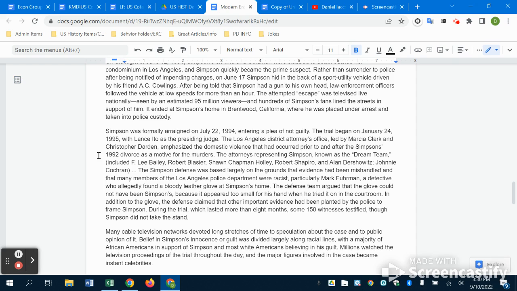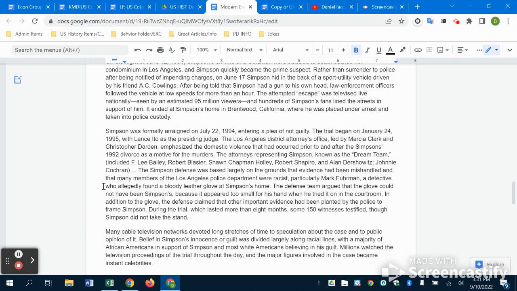The attorneys representing Simpson, known as the Dream Team, included F. Lee Bailey, Robert Blasier, Shawn Chapman Holley, Robert Shapiro, Alan Dershowitz, and Johnnie Cochran. The Simpson defense was based largely on the grounds that evidence had been mishandled and that many of the members of the Los Angeles Police Department were racist, particularly Mark Fuhrman, a detective who allegedly found a bloody leather glove